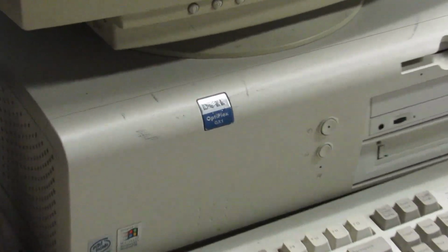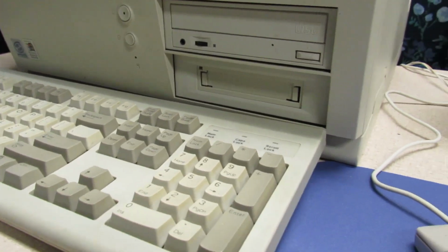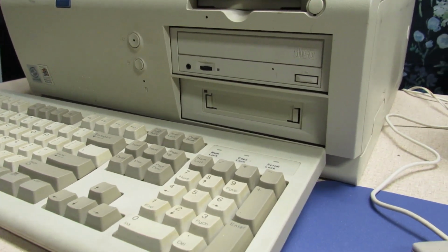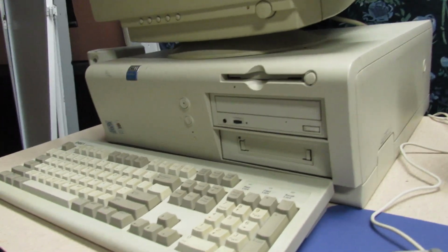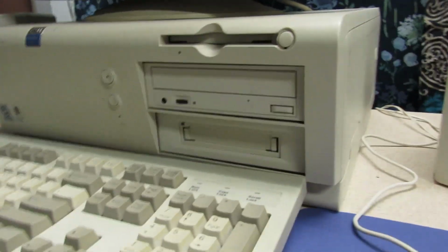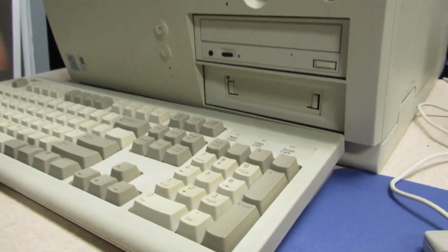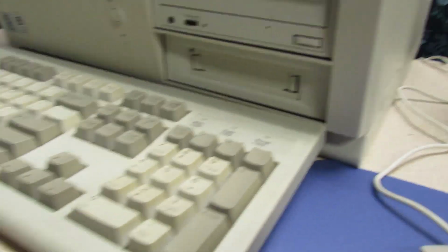So I got a new OptiPlex. This one's a GX1, and it's a desktop form factor. But this one actually works. I think this belonged to some sort of business, or at least a place that required a network. It could have been a school. I'm thinking it had more of a server duty though, because it has one of these tape drives, which I